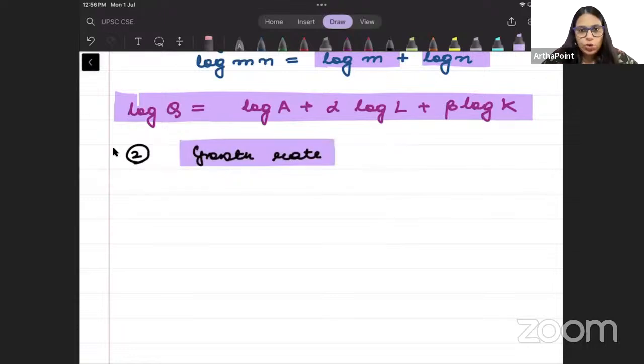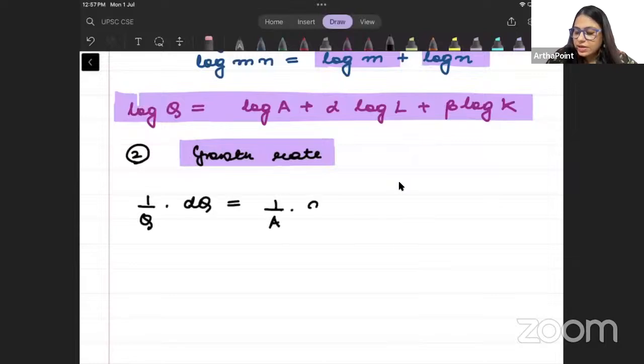What we can do is a total differentiation of this production function. हम इसको एक बारी total differentiate कर सकते हैं. So when I do a total differentiation of this production function, I will get 1 by Q dQ is equal to 1 by A dA plus alpha 1 by L dL plus beta 1